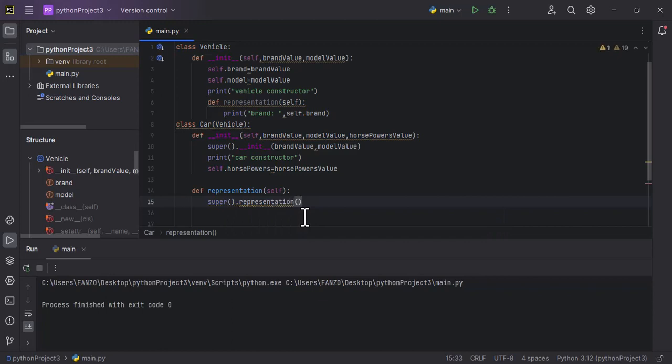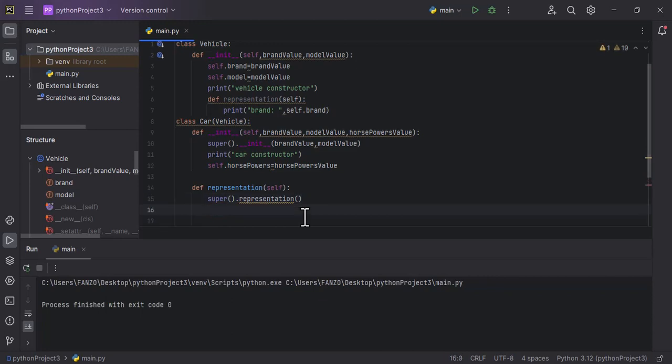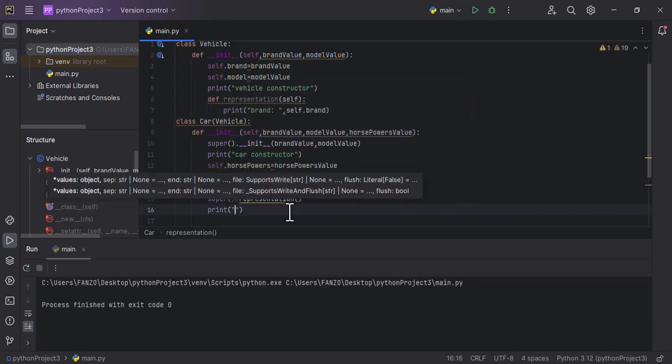You remember this is the method that we have in there, right? And then what is it that I'm going to do in here? So in here I am calling the method of the base class. There it is. It prints out the brand. And the question is, any other thing that I want to have involved? Yes, I want to have a print, and I want to print out the model,